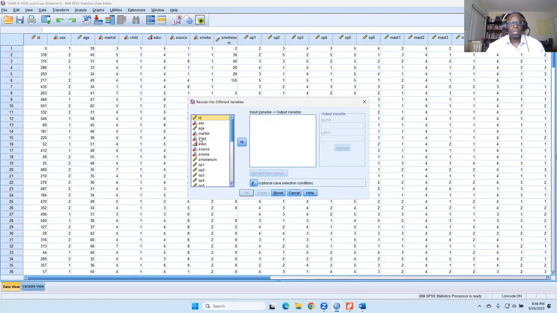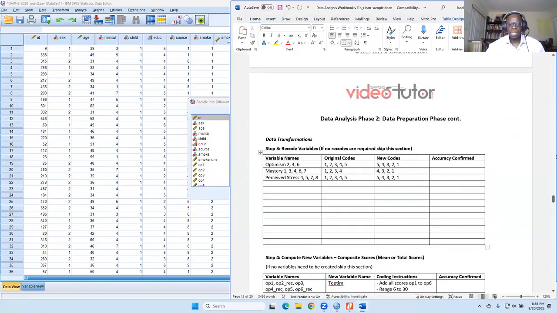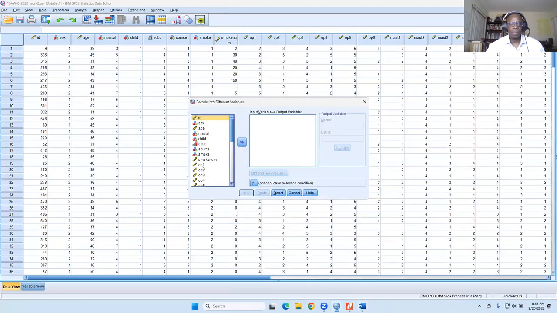So what we're going to do is, it says 2, 4, and 6. So optimism question 2, optimism question 4, and optimism question 6. Then we give it a new name, because we're coding it to a different variable.